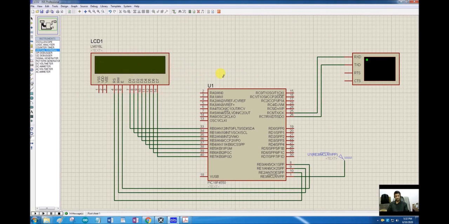So our peripheral interfacing, external and internal, both is completed, and our portion for PIC microcontrollers is completed in this lecture. What's left for this course is just one lecture regarding some advanced architectures.